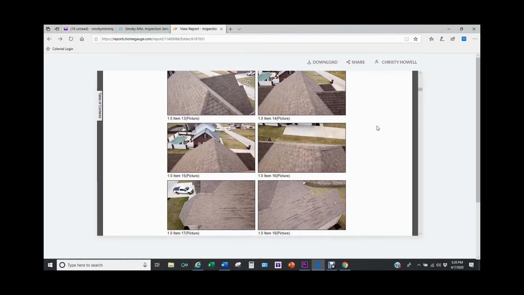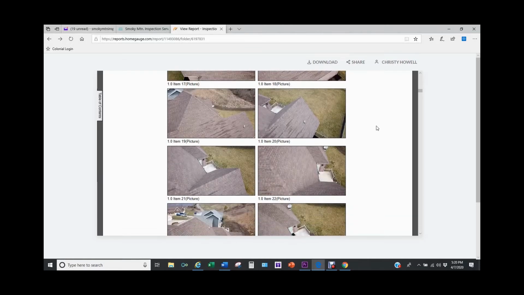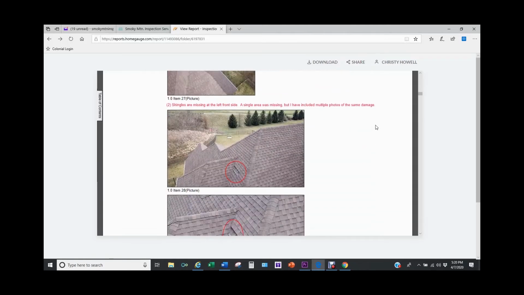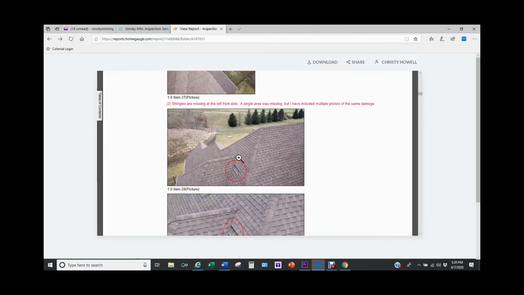So the first thing you see is just a lot of nice photos of the roof that you can reference in the future. If there's anything going on with the roof, these will also be mentioned here, and our software allows us to draw circles around objects that we need to draw your attention to. We can put arrows in, whatever we need to do to draw your attention to the fact that here shingles are missing on the left front side